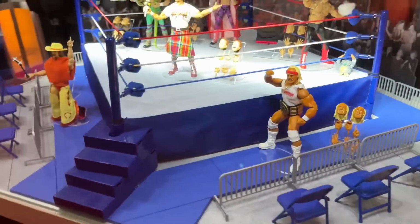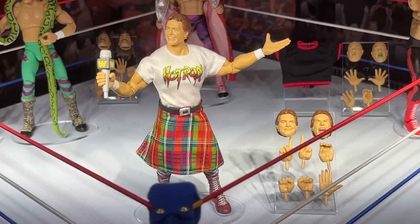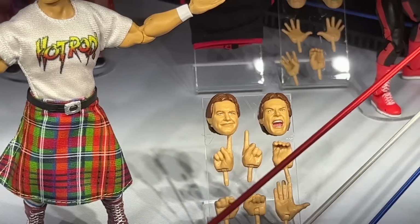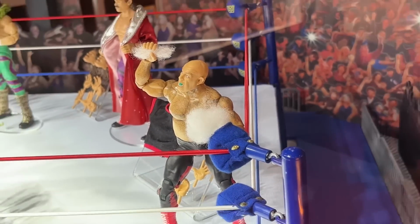And also, guys, we also had Coliseum Collection Series number 3, which we figured would be shown off. You have Hot Rod Rowdy Piper right here, looking beautiful. I think the cloth goods look good. Love the new head sculpts over here. I'm loving everything we got here. One thing I didn't expect was George the Animal Steel over here. George the Animal Steel looking really good here, eating the turnbuckle pad, of course,